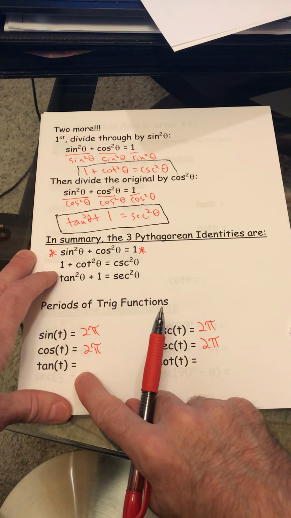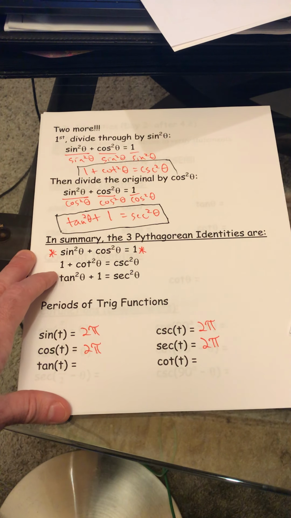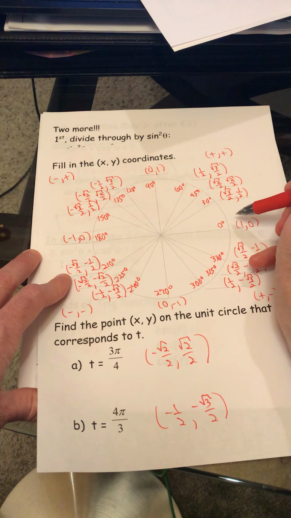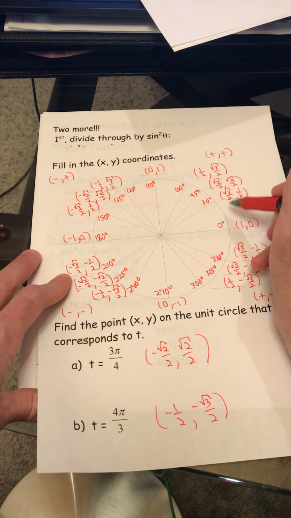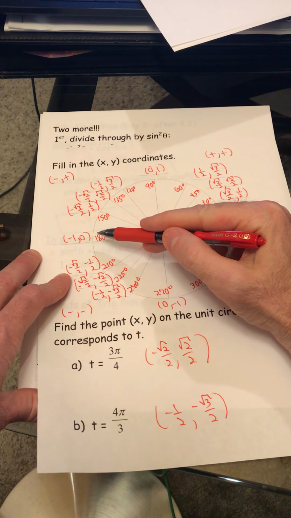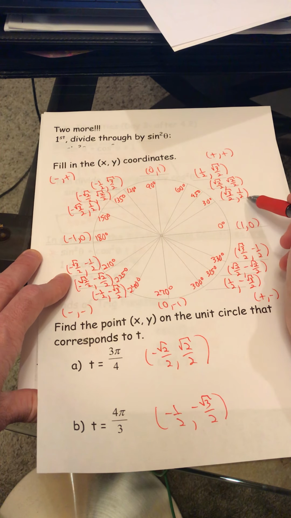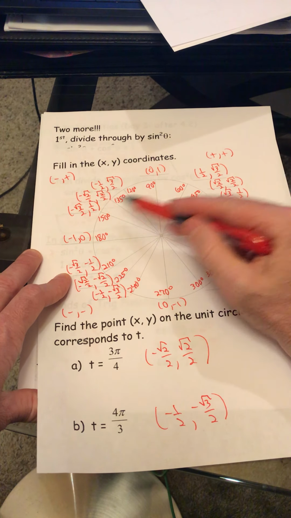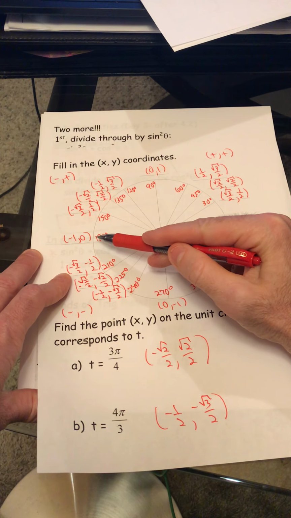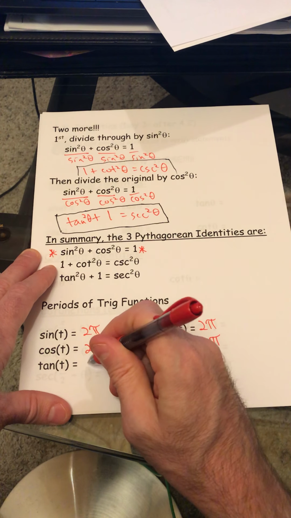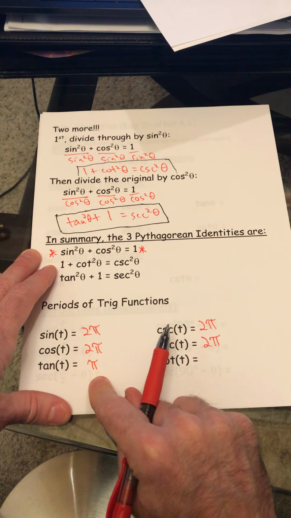The tangent graph. Now, tangent's a little different because tangent is sine over cosine. Well, I only have to go halfway around the circle because I'm using sine over cosine. So I only need half of a revolution for tangent. And if the period of